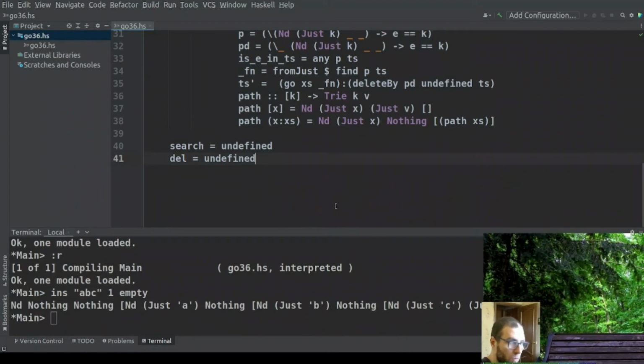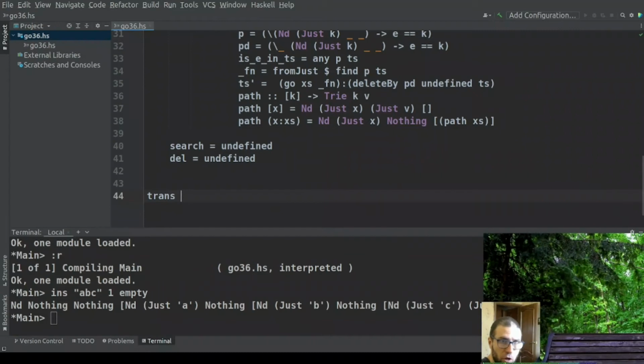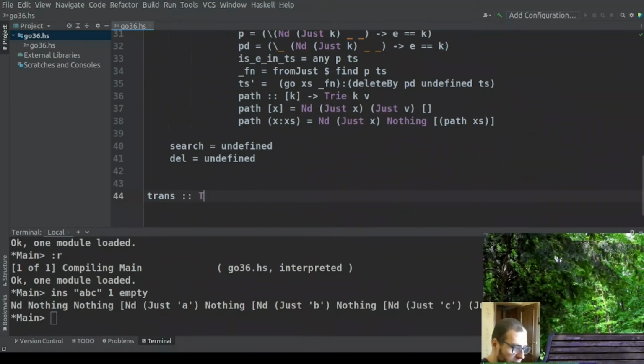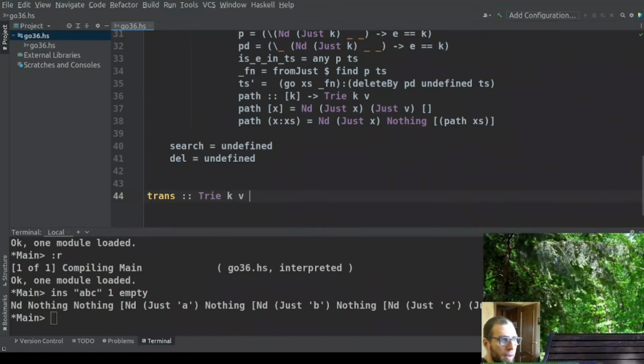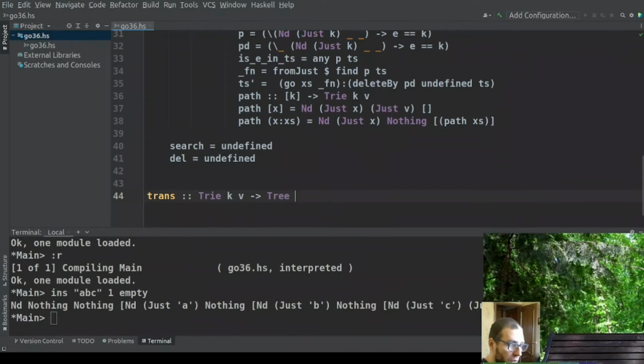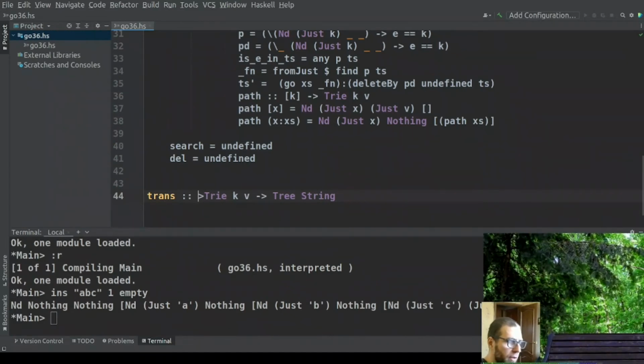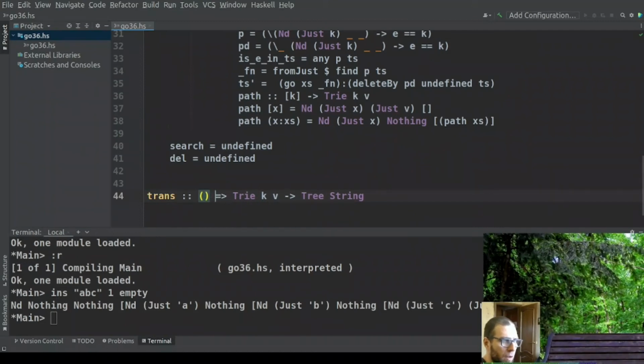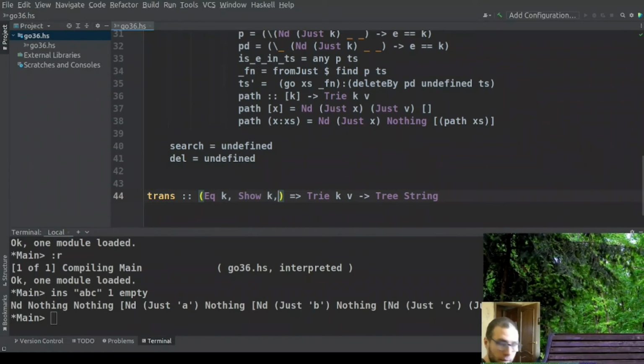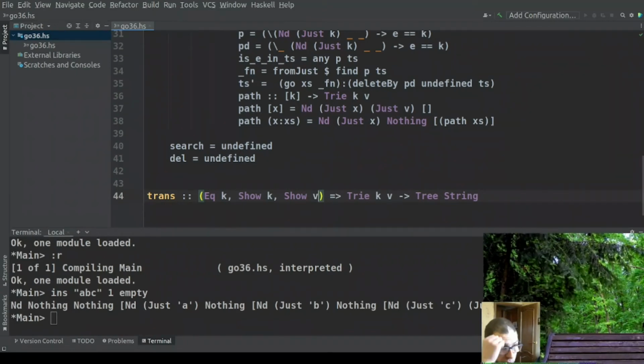So what do I want to implement? I want to implement the trans function, what does it do? It takes my trie of k and v and produces a tree of string, a rose tree of string. As I said, I can do this transfer, and of course for my trie I need to have some equality type class constraints, and also I want my keys to be showable and my values to be showable, because I want to transfer it into a string. I want to transfer each node to a string. Okay,